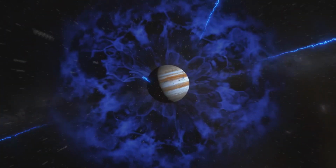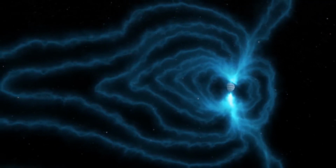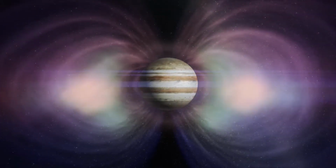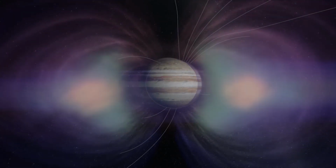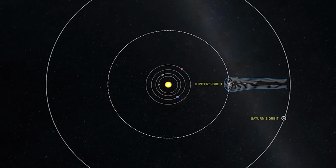This material then becomes ionized in the magnetic field, forming a donut-shaped cloud of intense radiation referred to as the plasma torus. Some of the ions are pulled into Jupiter's atmosphere along the magnetic lines of force and create auroras in the planet's upper atmosphere. It is the ions escaping from the plasma torus that inflate Jupiter's magnetosphere to over twice the size we would